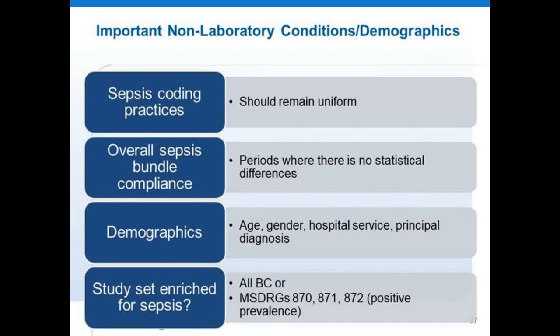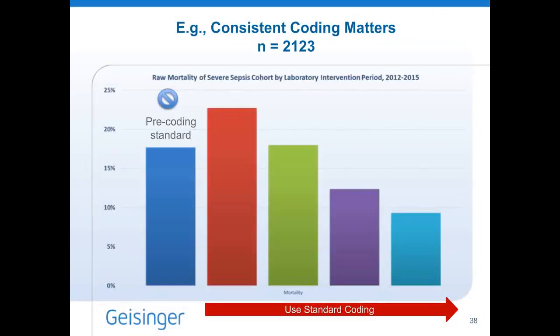Your sepsis coding practices during the time that you're collecting data must remain uniform. Just cross that should out and say must. There's an impact to how people code sepsis because there's no international defined guidelines. So at least in your organization, how sepsis is defined and coded should remain uniform, or that will completely skew your data. The percentage of the bundle compliance and all of these other things that we did talk about are all non-laboratory conditions, and those require external data dumps from places within your organization.